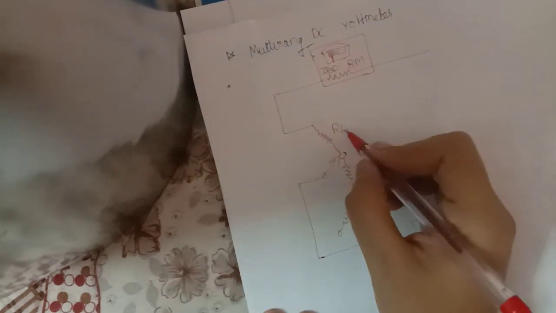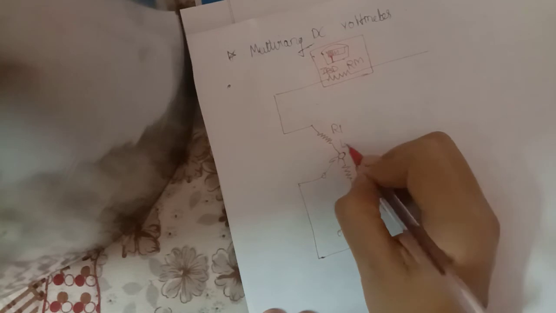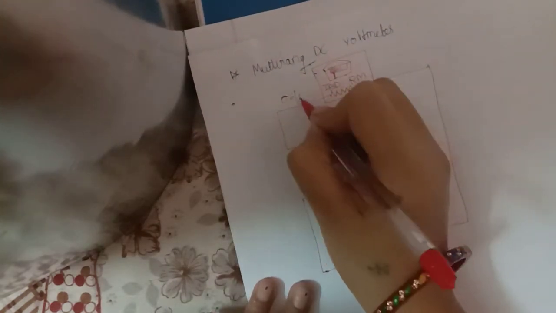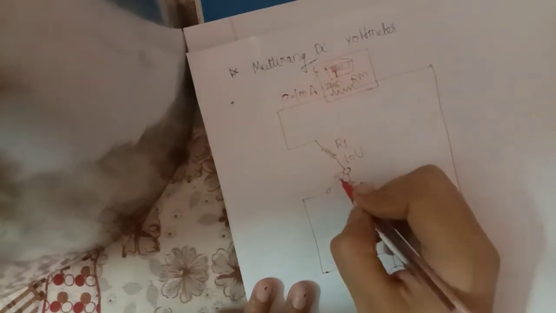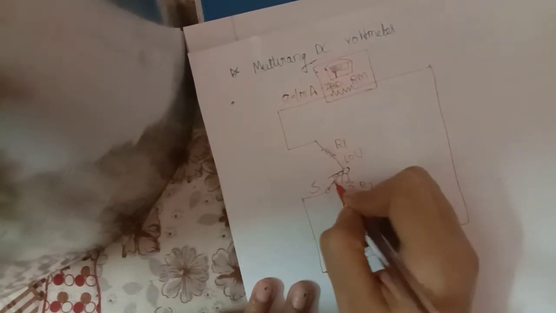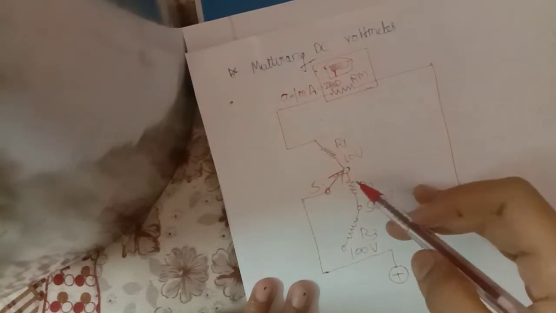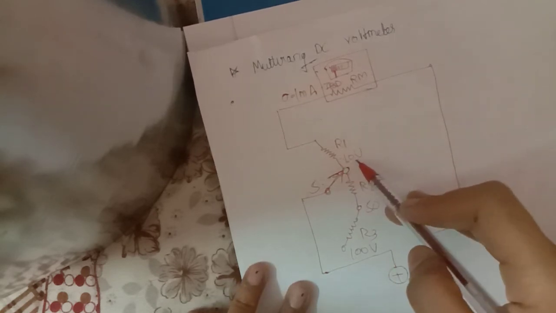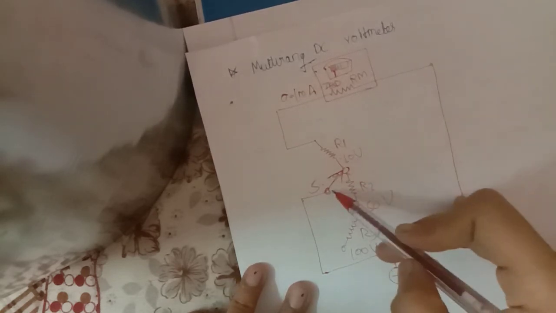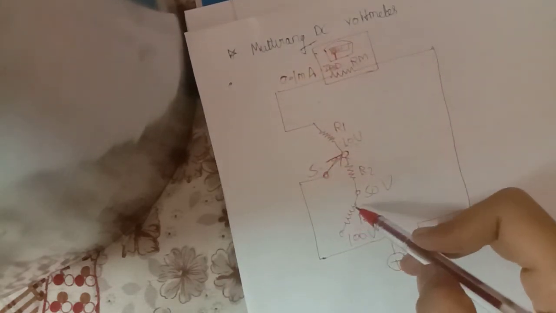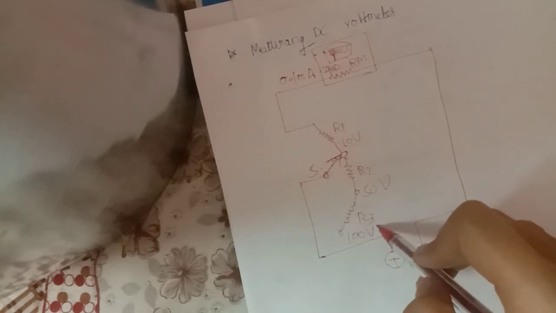And the voltage given across R1 is 10 volt, R2 is 50 volt, and R3 is 100 volt. And the supply which is given is plus and minus. And IFSD is equal to 0.1 milliampere in the DC voltmeter. This is the switch which is given for selecting the range at different stages. Sometimes the switch is at R1, which reflects 10 volt. Sometimes the switch is at R2, which is 50 volt. After that the switch will be at R3, which is 100 volt.